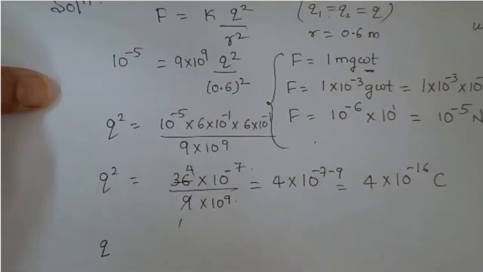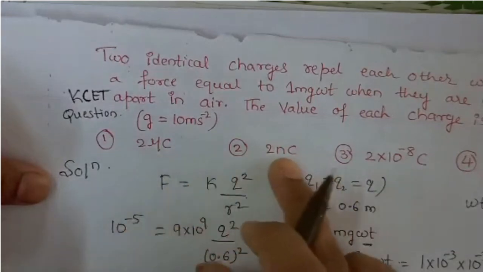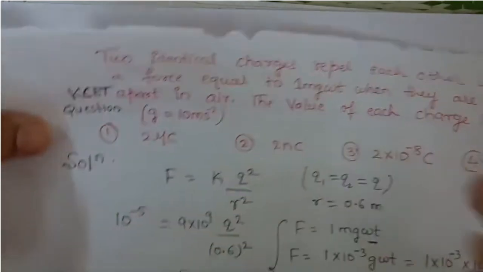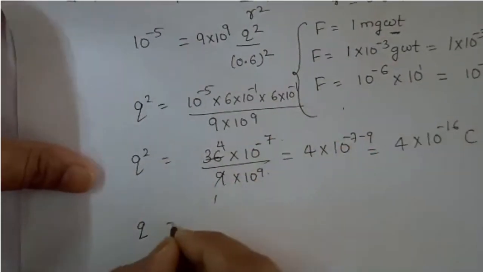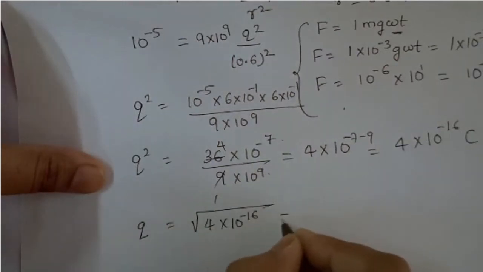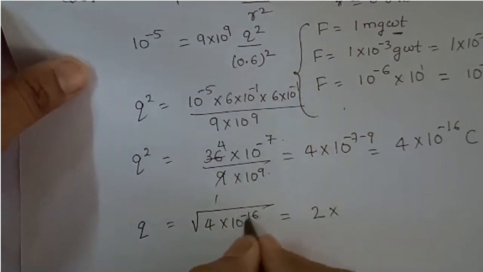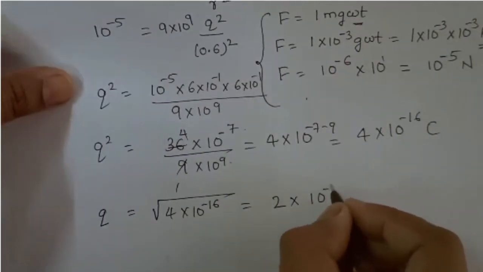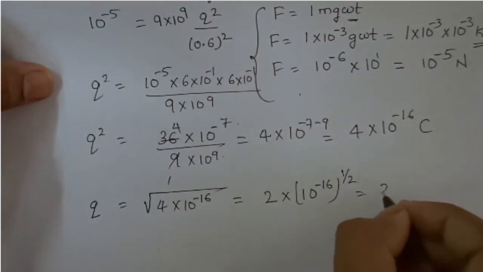Okay, so here I need the individual charge, the value of each charge they are asking. See, value of each charge. It is not 2 microcoulomb, not 2 nanocoulomb, so somewhere here, as soon as I get this, I can guess a little that it would come as 2 into 10 raised to minus 8, because the root of that you're going to take. So root of 4 into 10 raised to minus 16. Root of 4 is 2. How are you taking root of 10 raised to minus 16? It's just like this, 10 raised to minus 16 whole raised to half.